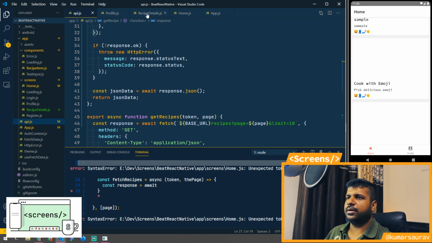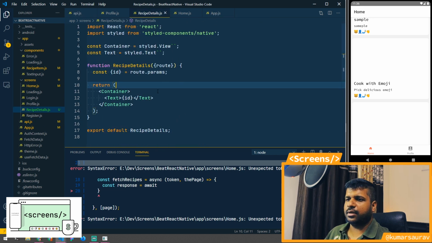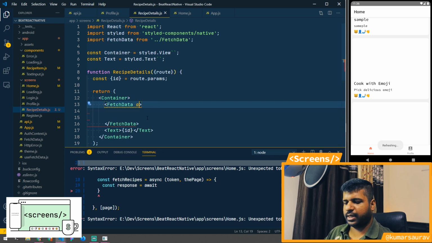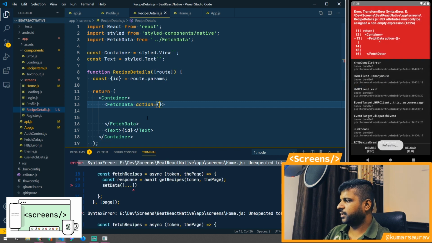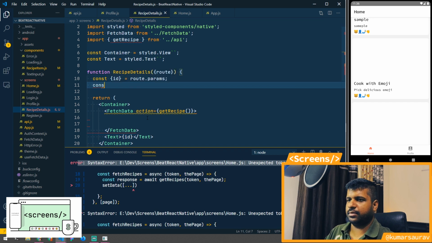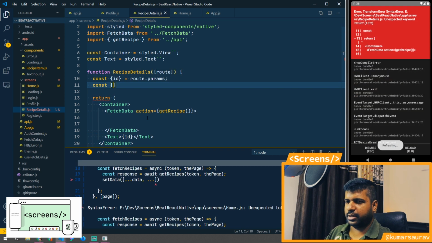Let's go ahead to recipe details and wrap everything inside the fetch data component. We'll provide an action here, and the action will be getRecipe. Also we need to have the token, so let's get the user token from the context.